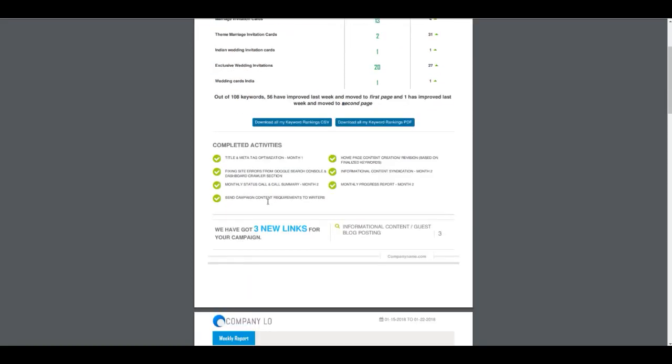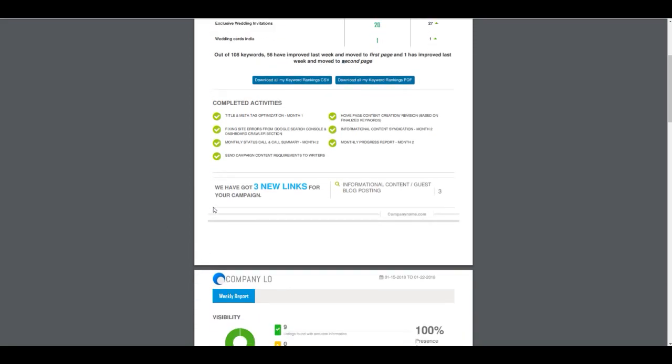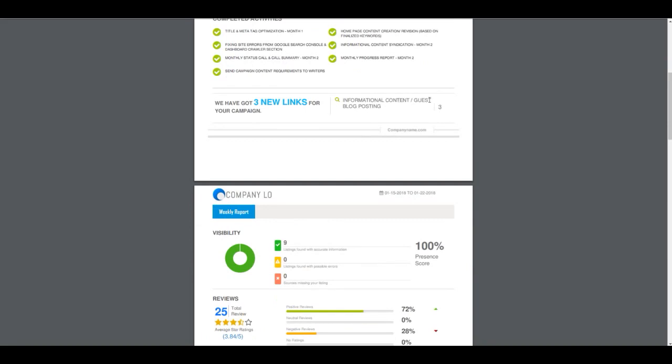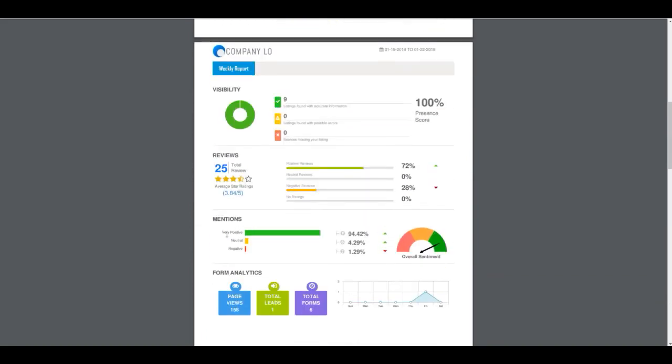It's going to detail what tasks have been completed for that week, how many new links have been created, and how much content's been created. Beyond that, it's going to give an update on the visibility audit. So how many directory listings were found with missing or wrong or correct information, and also give them a review update.